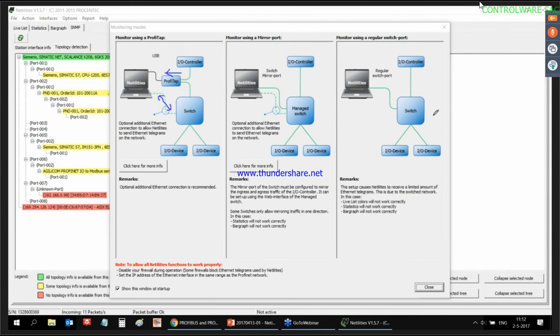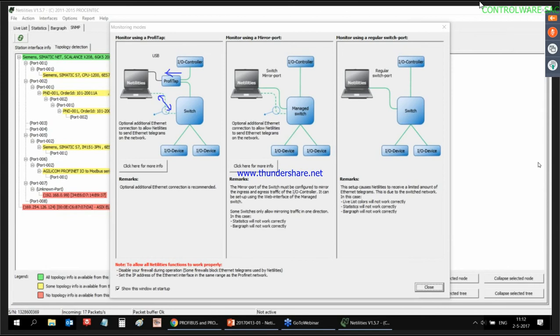So you need to have another way to ask who is connected, and this is the ARP message. And yeah, in mirror port, some switches like the Siemens here support sending and receiving data over the same port. So with only one Ethernet card, you can do that. You can analyze the data exchange, and you can also send information, SNMP, DCP,